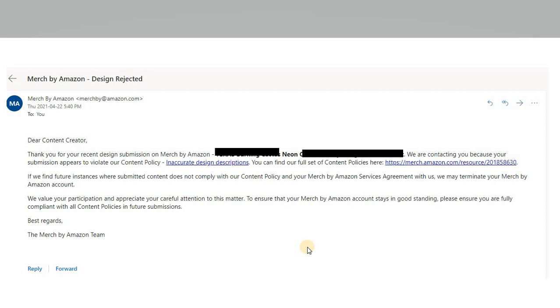Just like I mentioned, and I know this for sure, if you simply say gold, it could be a gold color, gold pattern, so you have to use yellow gold or something, because on Amazon people will be selling gold rings, gold bracelets, and I believe Amazon just doesn't want that confusion. It could be as they've described it here, inaccurate design description. So for me, it's not a big deal.